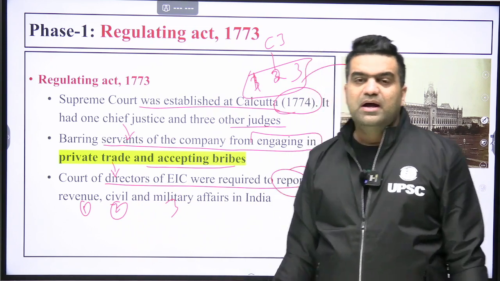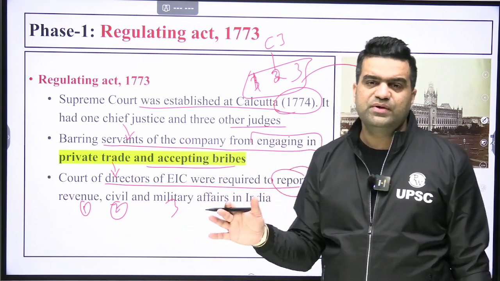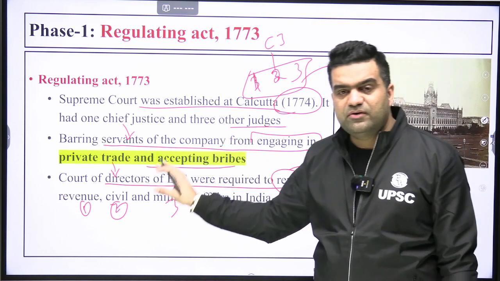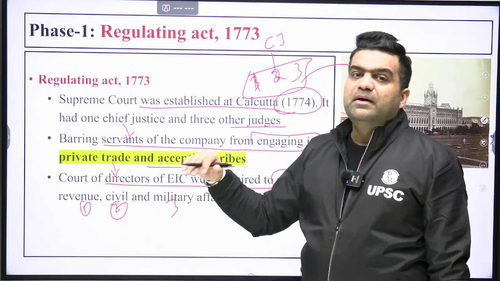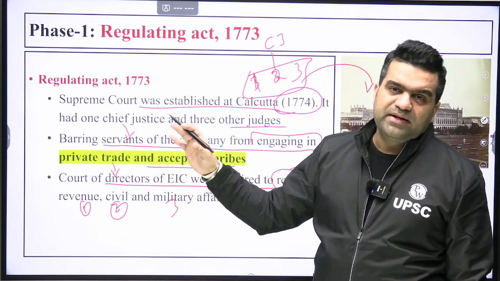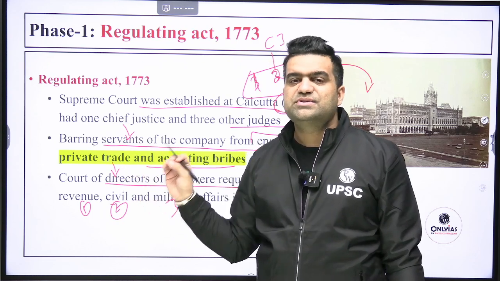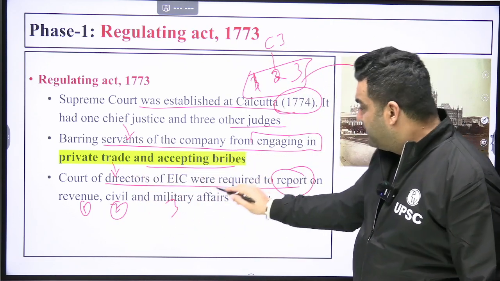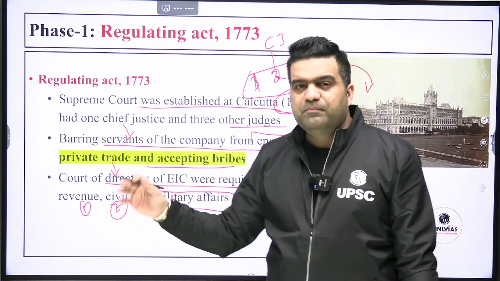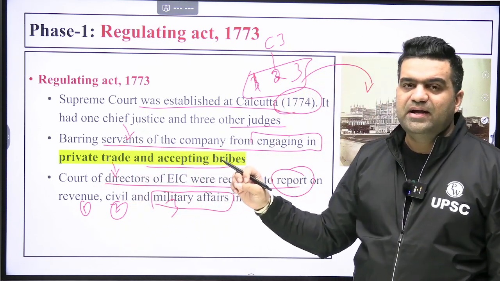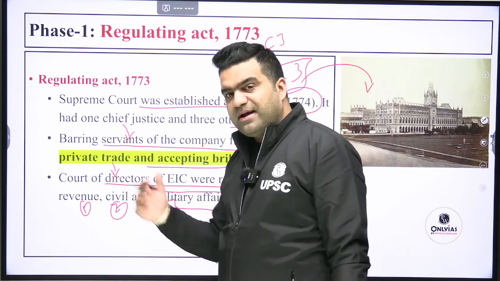As I told you, the control was always in the hands of the Britishers, barring the first few years. From 1773 onwards, the control was in the hands of the British Parliament because they were reporting. But the Queen, the Kingdom of Britain, always acted as if it had no control behind this mischief done to India. Right? So military affairs were also being reported to the East India Company. Whatever military activities it had in India, all those were supposed to be reported back to Britain. Right?